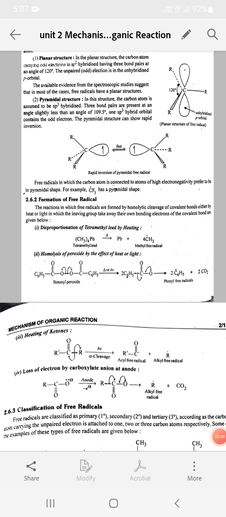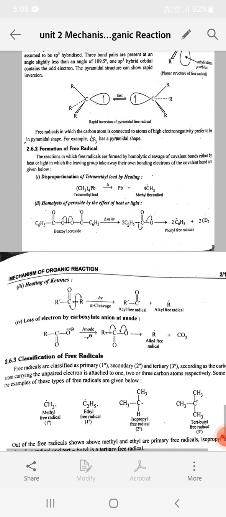Okay, so that was the formation of free radicals. Let's talk about the classification of free radicals, how they are classified into primary, secondary, tertiary. First of all, free radicals are classified, as you all know, into primary, secondary and tertiary according as the carbon atom carrying the